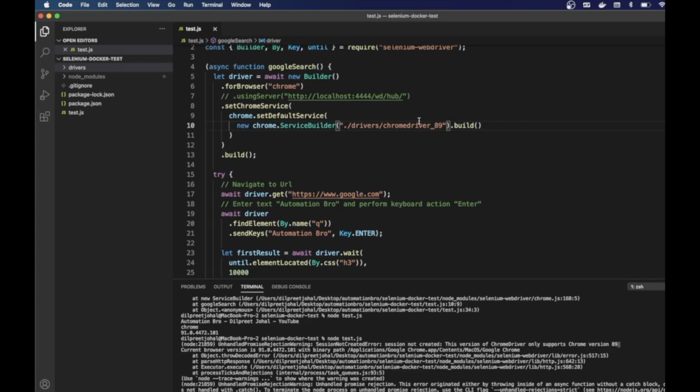And this was frustrating for the users, or rather for the QA engineers, for SDETs, for the DevOps team, because they always have to go in and update the Chrome browser, or update the Chrome driver, or lock that Chrome browser so that it doesn't get automatically updated. To solve this problem, Selenium came up with Docker images that can help us resolve these kinds of issues. Now let's take a look at how we can actually do that.